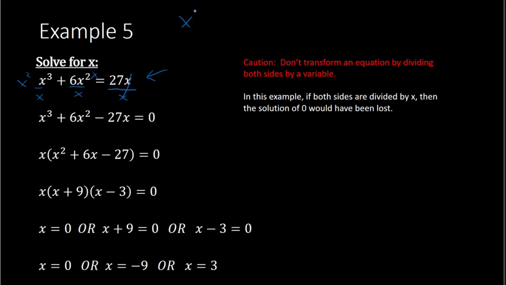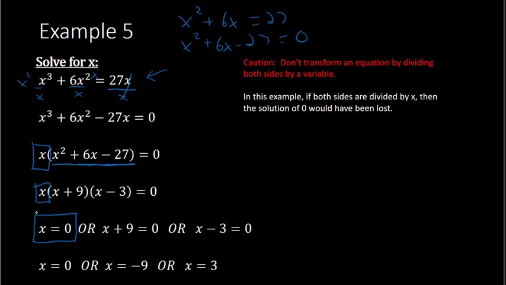All right, if you would have done that, you would have had x squared plus 6x equals 27. Rearrange that, x squared plus 6x minus 27 equals 0, which is this part right here. So what would have happened is you would have missed out on this x in the beginning, which, notice as you carry it down, you get x equals 0 from that x in the front. So do not divide, because in this case you would have lost your solution of 0. All right, so just bring everything to one side and set it equal to 0, and then factor, and then set each part equal to